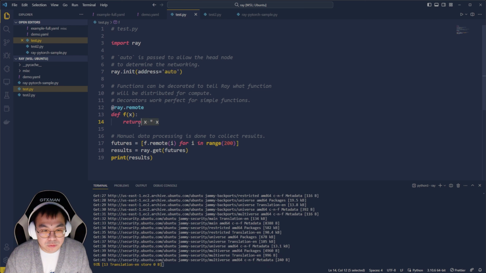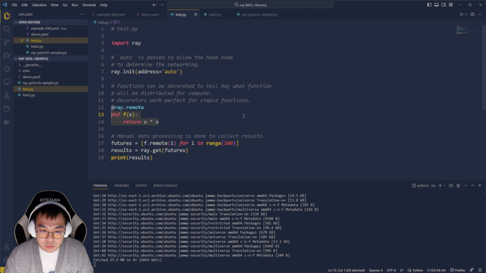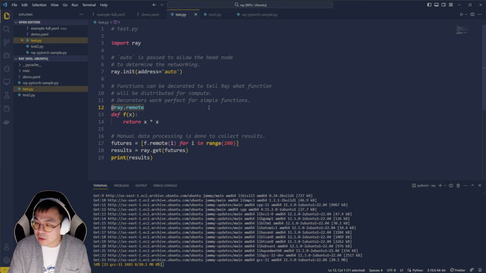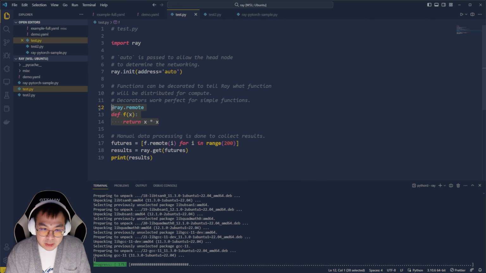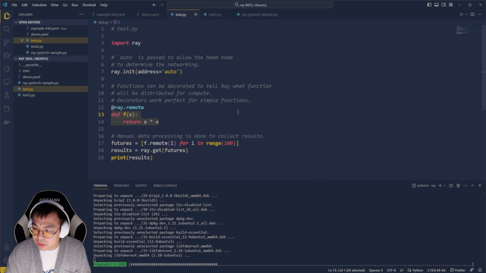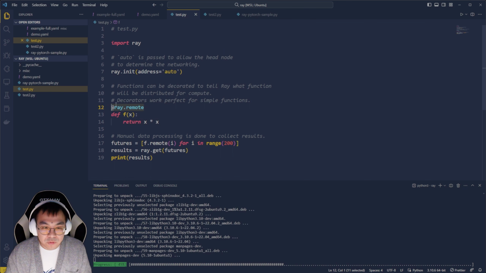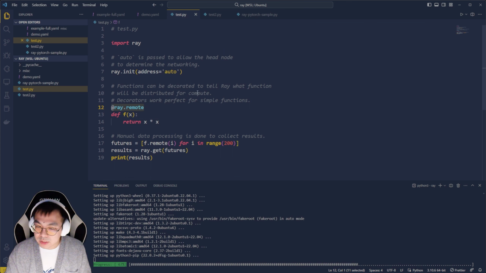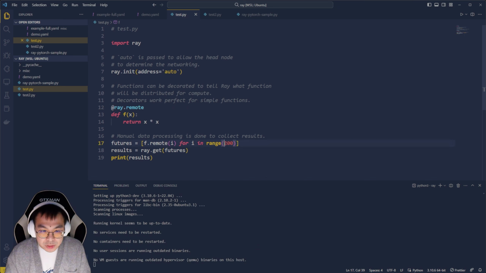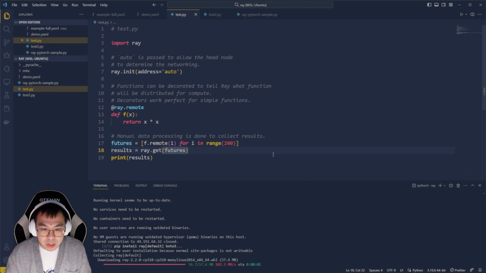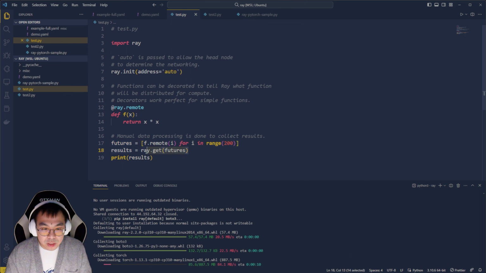Going to the function, we have a simple function here. We're just taking X and squaring it. For discrete functions like this that don't require any sort of collaboration or communication between different worker nodes to obtain information from them, you can just send this entire function over to any worker node to do compute, right? So for ray.remote, what this does is it'll take this entire function and send it as a job over to a worker node. As you can see here, we're doing this from 0 to 200,